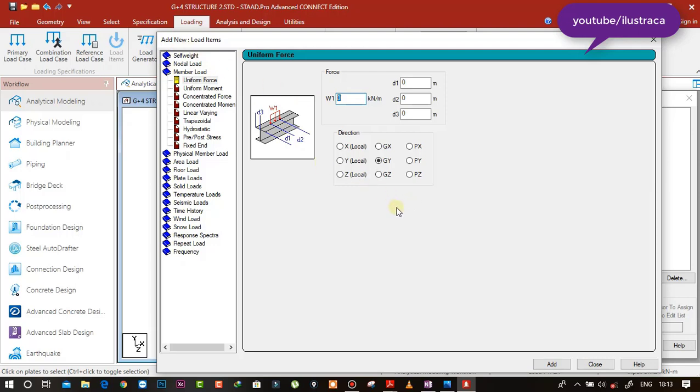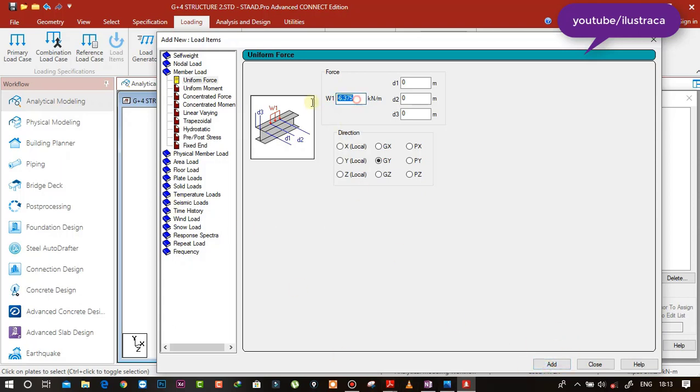Masonry means here I am considering AAC block. If you are considering red brick, then you should consider 19.2. So in global Z direction, GY direction, it will be minus 6.375. Okay, minus 6.375 you can calculate.